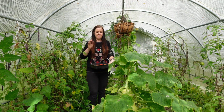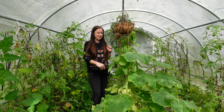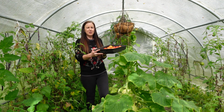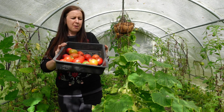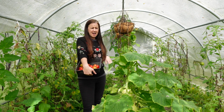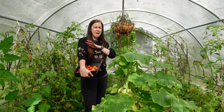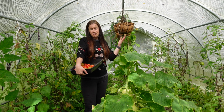I just wanted to have a catch up really and show you what's going on. But yeah, not got loads of tomatoes, as you can see. But yeah, the courgettes are doing nicely, and over the next couple of weeks, I think I'm just going to rip everything out in here, give the polytunnel a quick clean, grow my